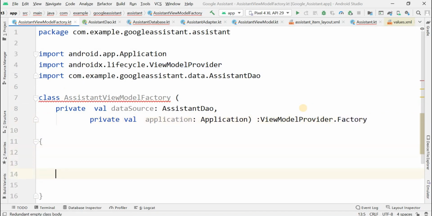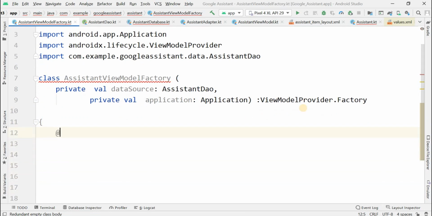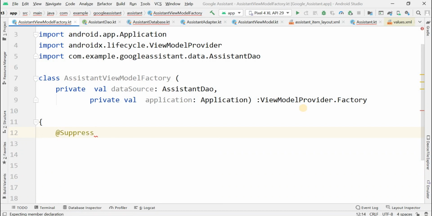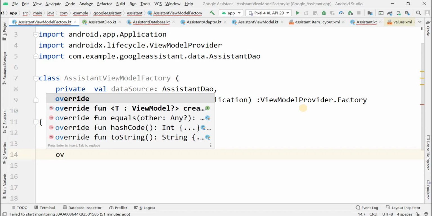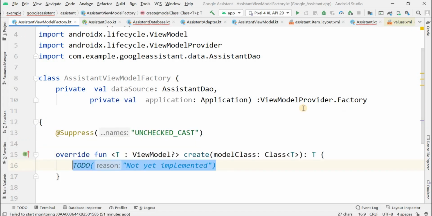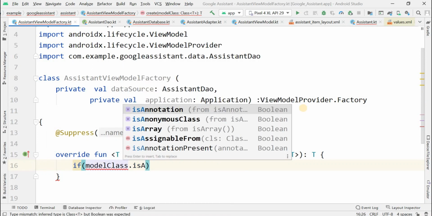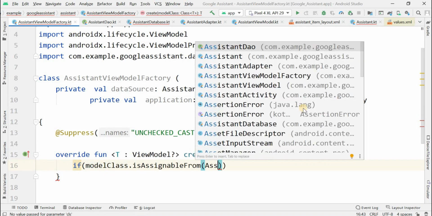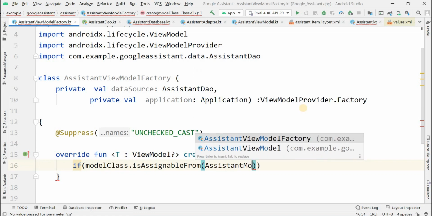As we are implementing this with the help of data binding that we are using, we have to give this thing also. Now I'm suppressing the unchecked exceptions and unchecked cast. And here we have to give this method called create method. We are checking if model class is assignable from, here we have to give that